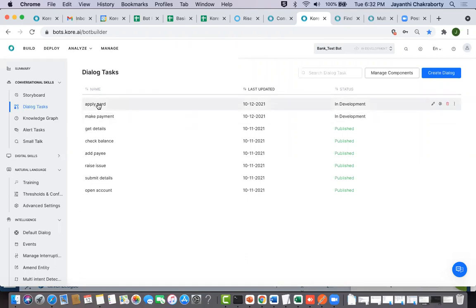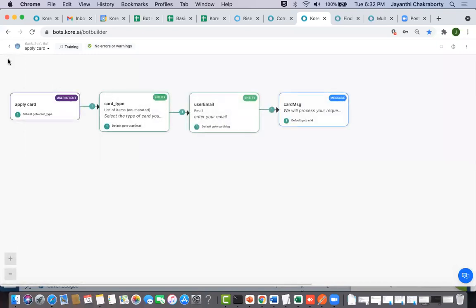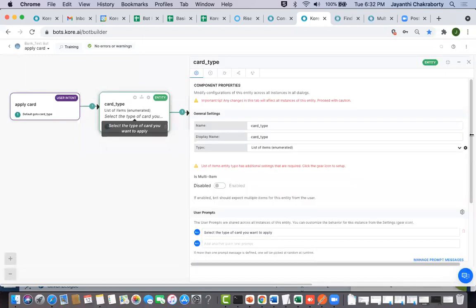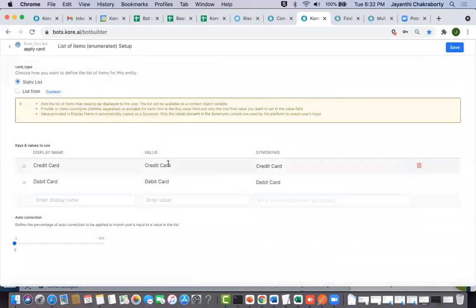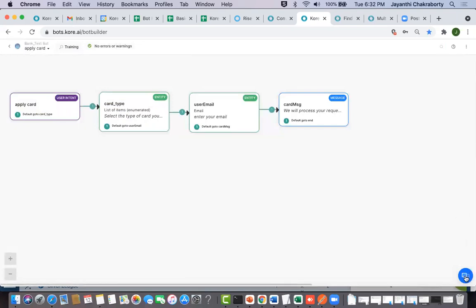So one thing we have seen is that the name of the task is added into the context. What is the other thing? Now let's come to the entity value. You can see there are two possible entity values, credit card and debit card. The user can select either credit card or debit card. Now, when a particular entity value is selected by the user, if you see here,